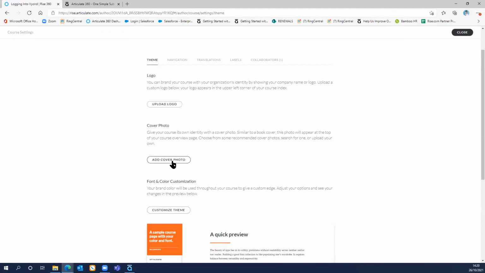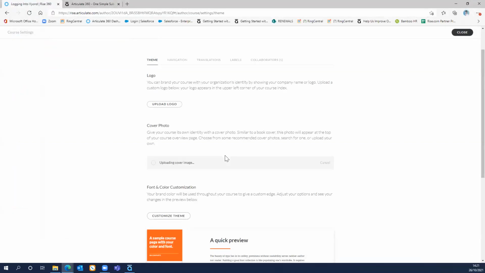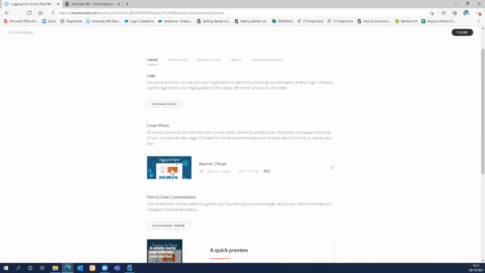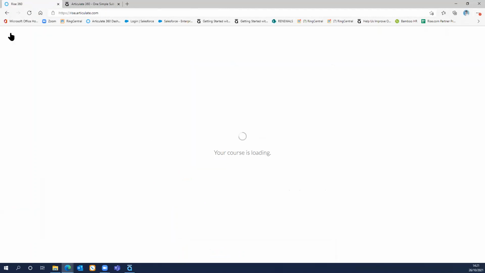And what you're also able to do is add in a cover photo. So what we'll do is we'll add a cover photo in here. You've got a number of built-in options from Rise, but what we want to do is upload a photo. And as you can see, almost like a cooking show, I've prepared all of the images and GIFs that Reed has built. And what we want to use is beginner title. It's a GIF file. If I click on that and click open, what it will do is add in our animated GIF. So when I close, and I very quickly go back to our home page,